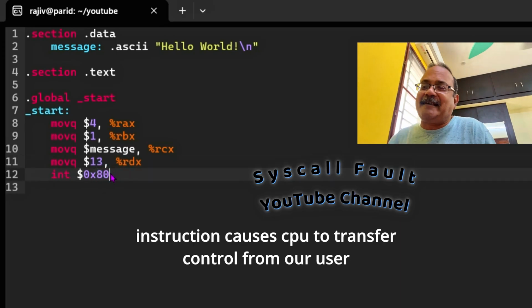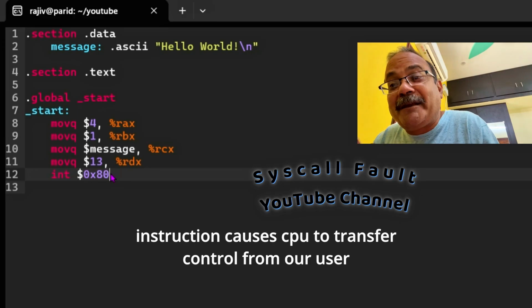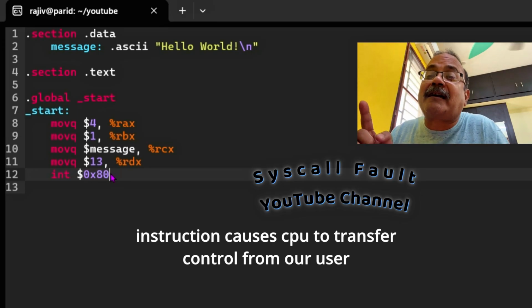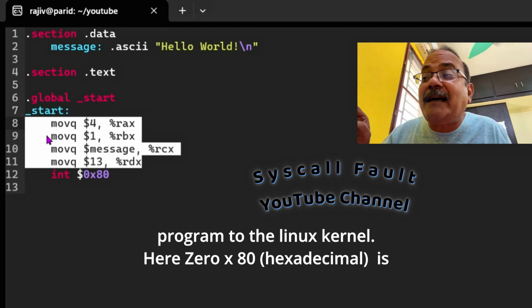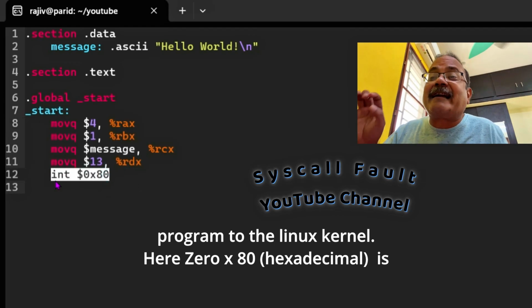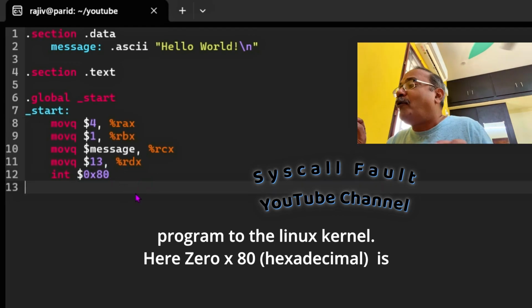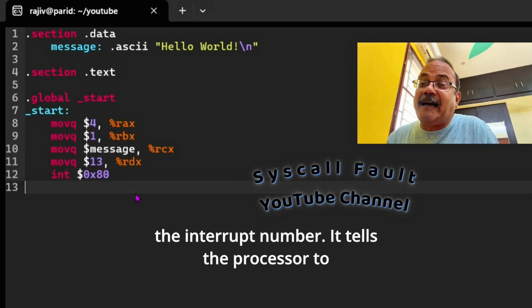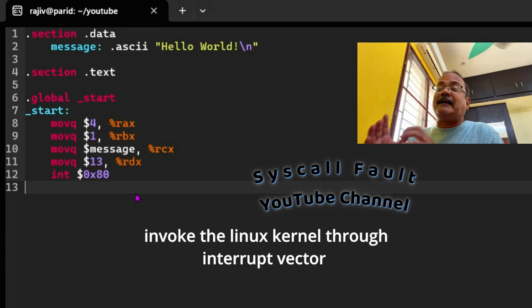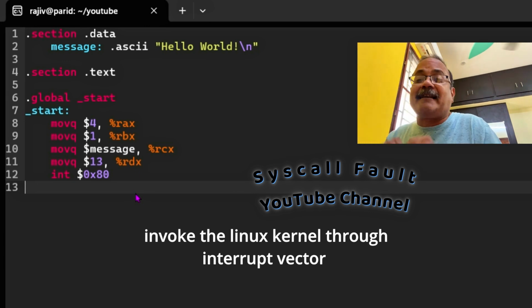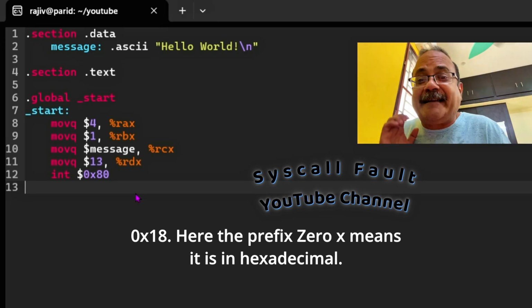This instruction causes the CPU to transfer control from our user program to the Linux kernel. Here 0x80 is the interrupt number. It tells the processor to invoke the Linux kernel through interrupt vector 0x80.